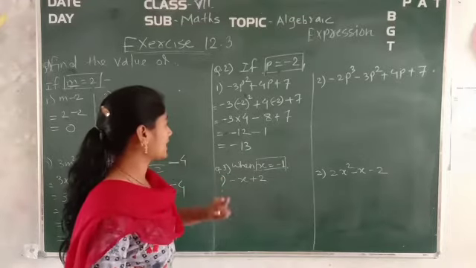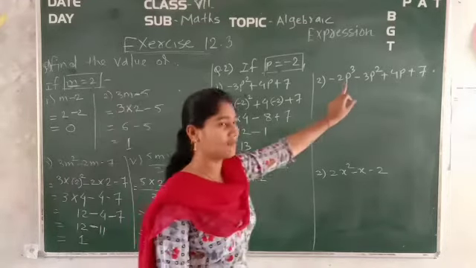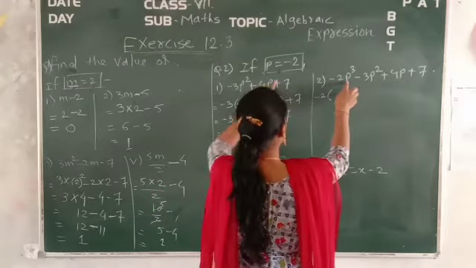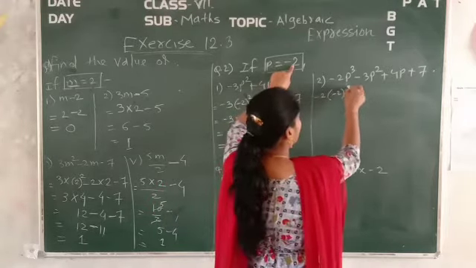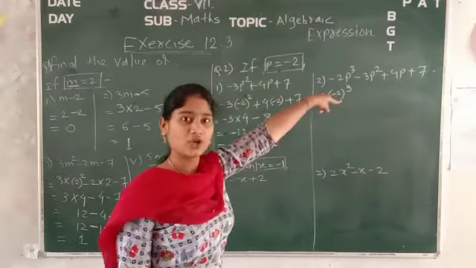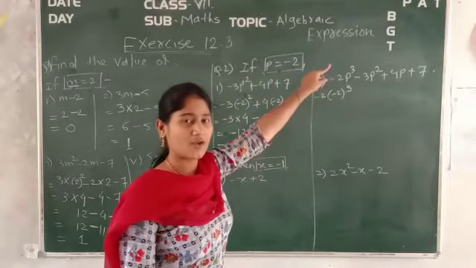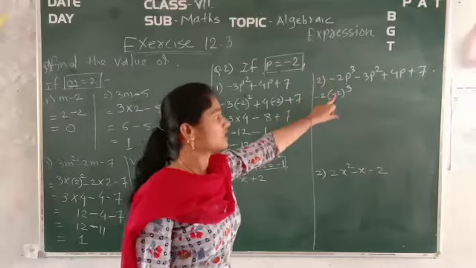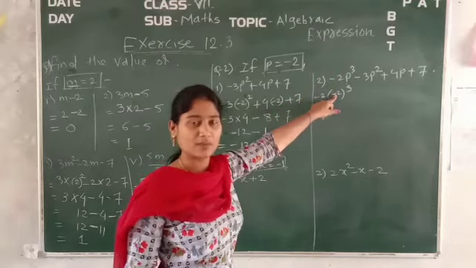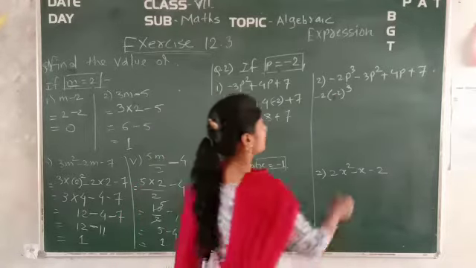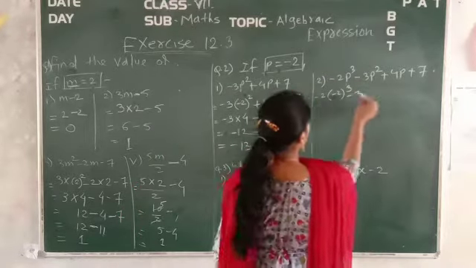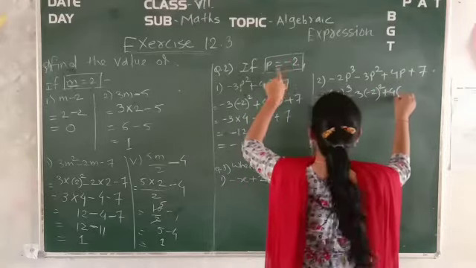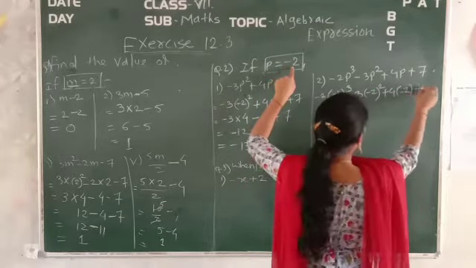Okay, is that clear right now? Now for the same one you have to calculate. So put minus 2, value of p, minus 2. Now see, here you have a cube. Okay, understood? That's why you have to keep the cube only, and the cube of a number which is minus will come in minus only because it is odd. So minus 3 into p, value of p is minus 2, we will put its square, plus 4 into, again value of p, it is minus 2, plus 7.